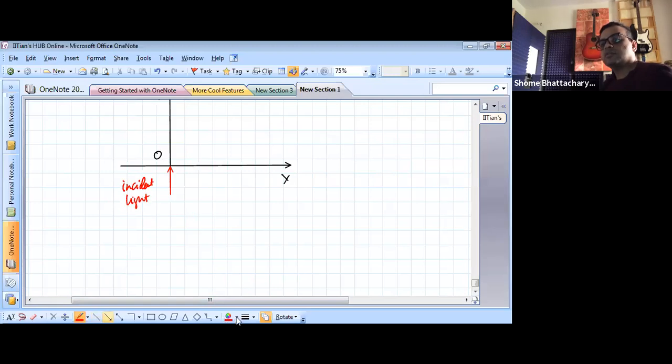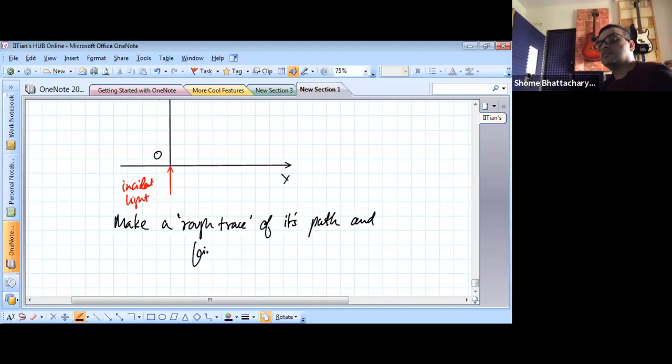So what we have to do here is make a rough trace of its path and find its equation of trajectory,